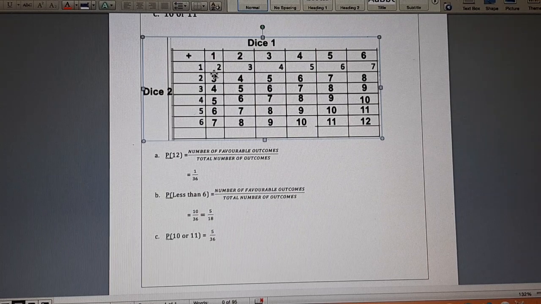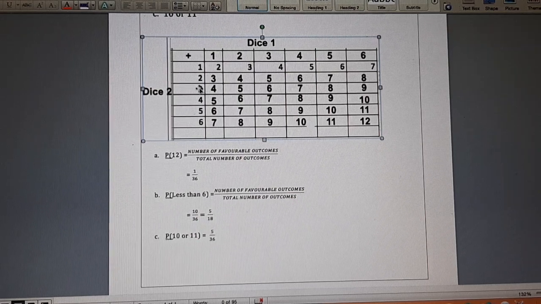In the same way, we are now switching so that dice 2 has 2 at the top and dice 1 has 1 at the top. So 2 plus 1 is 3. Dice 2 has 2 at the top and dice 1 has 2 at the top. You have to consider all the possible combinations. So 2 plus 2 is 4, then 2 plus 3 is 5, then 2 plus 4 is 6, then 2 plus 5 is 7, and then 2 plus 6 is 8. We are basically considering all the possible combinations of dice 1 and dice 2 scores.